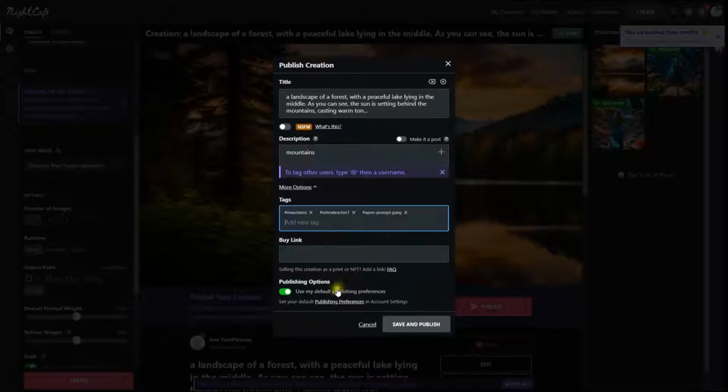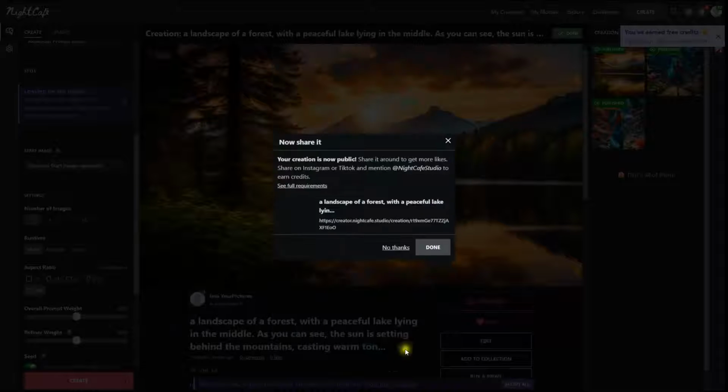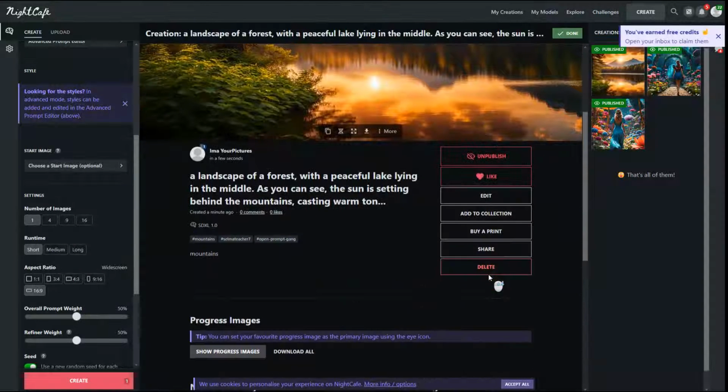Now, Open Prompt Gang is one tag that many other users use, and that means that they're sharing their prompts with other users. So down here at the bottom where it says Publishing Options, just make sure that you are allowing others to view your prompts.